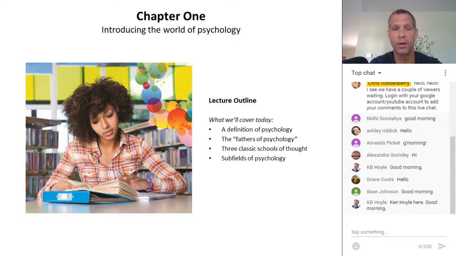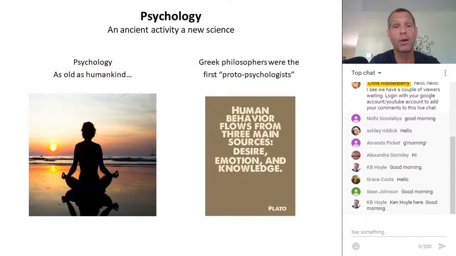Okay, Chapter 1. Psychology. Turns out people have been thinking about what it means to be human for as long as we've had campfires, really. As long as we had time to sit around and talk about our day, people have talked about what it means to be human. So one way of thinking about psychology is that it's the oldest discipline of study known to mankind. It's been talked about forever. In fact, in your psych textbook, as in most textbooks, they're going to include some of the early Greek philosophers as psychologists,